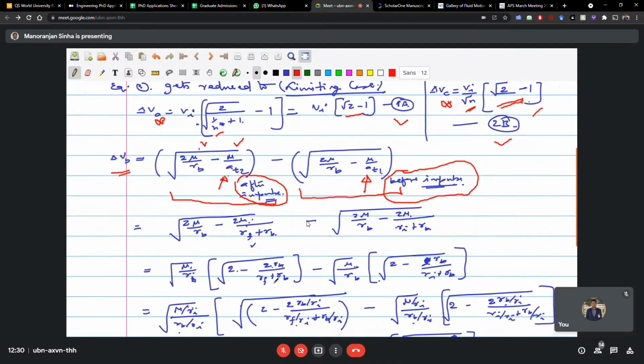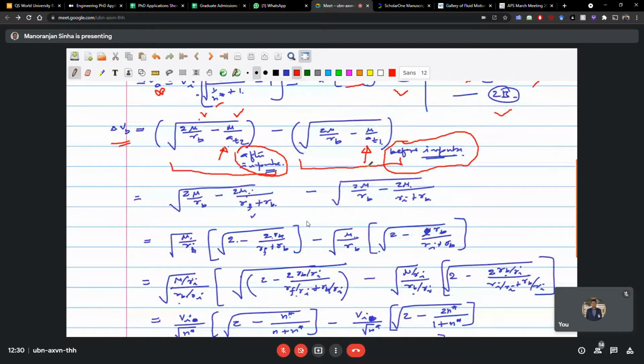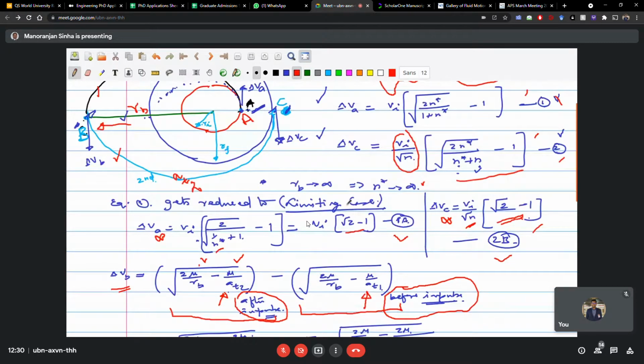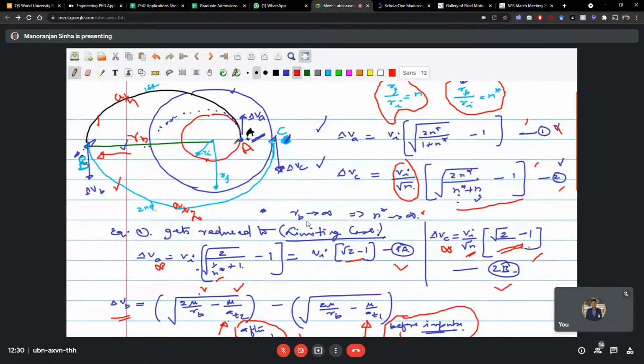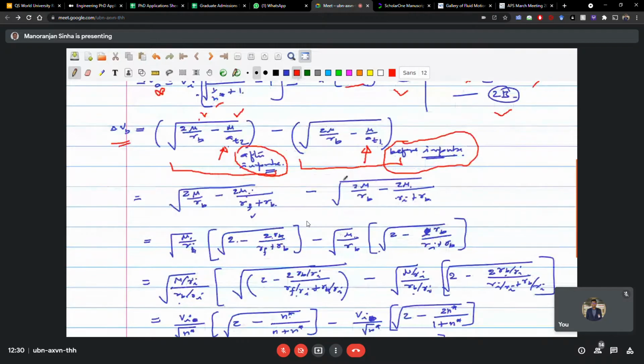And then we need to insert the values for AT1 and AT2. So AT2 is nothing but RB plus RF divided by 2, and AT1 is nothing but RB plus RI divided by 2. So this quantity has been inserted here to make it look this way. And then mu by RB, I am taking it outside of the bracket. So this gets simplified in this format. RB comes here in this place. Here also the RB comes once we take it outside the bracket.